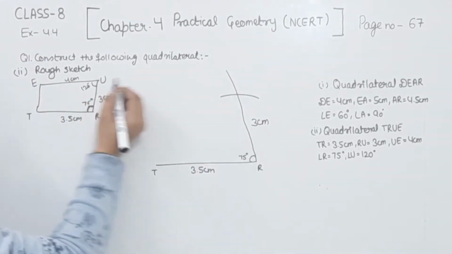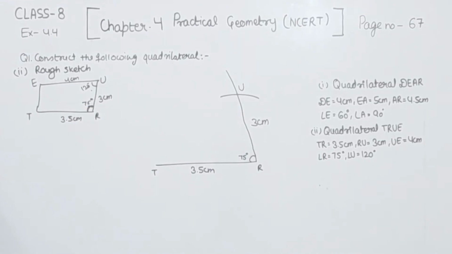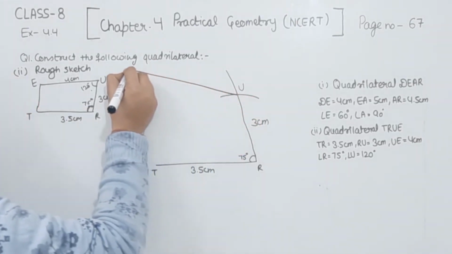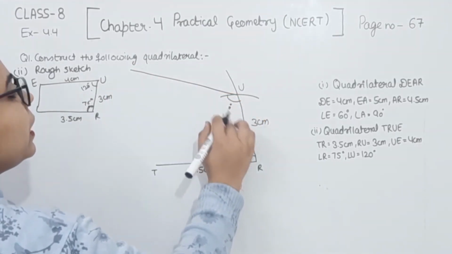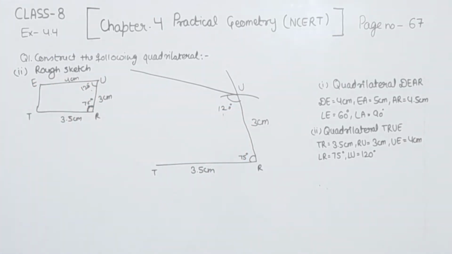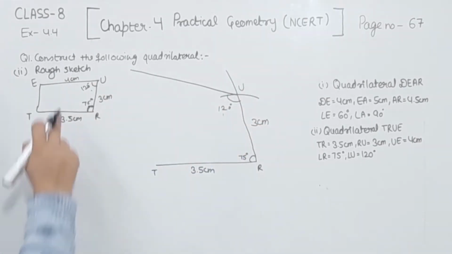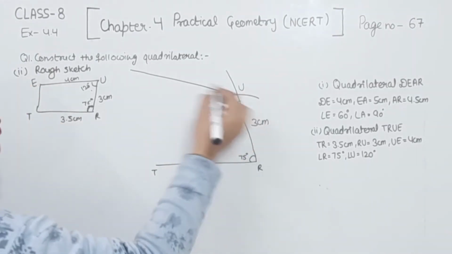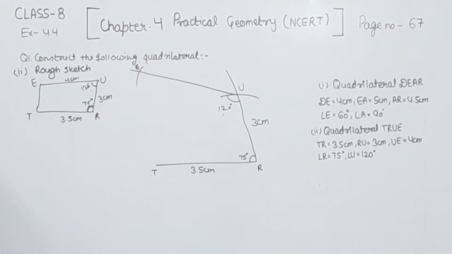Now we know that this is the point U and the angle U is equal to 120 degree we are having. So U as the point, we are going to draw the angle of 120 degree. So this is the angle of 120 degree we are having. Now we are having the measurement of UE as equal to the 4 centimeter. So U as the center, we are going to draw an arc with the measurement of 4 centimeter. So we are going to take 4 centimeter on the compass and U as the center, we are going to draw an arc. So this is the point E we are having.